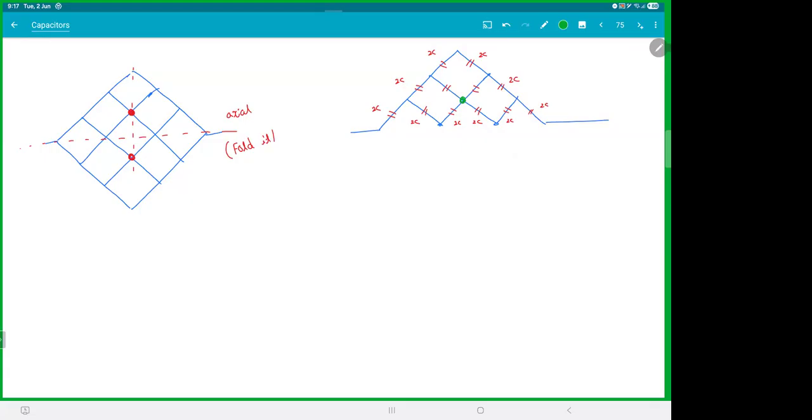This point is also a bisector symmetry. I can open that node. Which direction? Along the line. Be careful, don't open it left and right. Open it up and down here. You have to open it along the green line. You need to understand why you're doing that: left and right current is the same. Whatever current is flowing here, the same current flows here. Whatever is flowing from down is flowing here. So that vertical thing you can open up. Don't open left and right. Along the line. Now when I redraw it again,